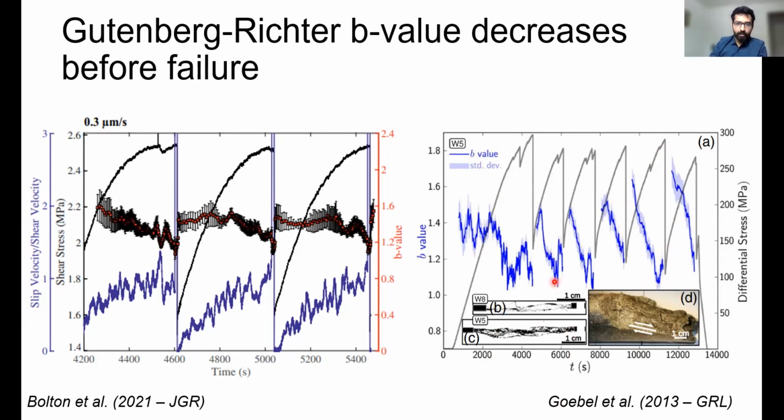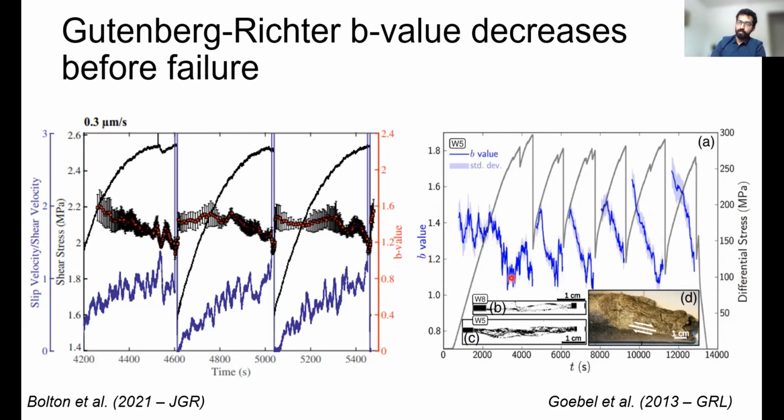There's a couple of really cool standout things for me, is that these two studies represent incredibly different apparatuses, different driving rates, and more importantly, different stresses. So our experiment was conducted on granular fault gouge at a stress of about 3 MPa, whereas this study by Thomas Gobel and others was at a differential stress of 200, 250, 300 MPa. So this represents an almost 100x difference in stress, but the B values are practically the same,